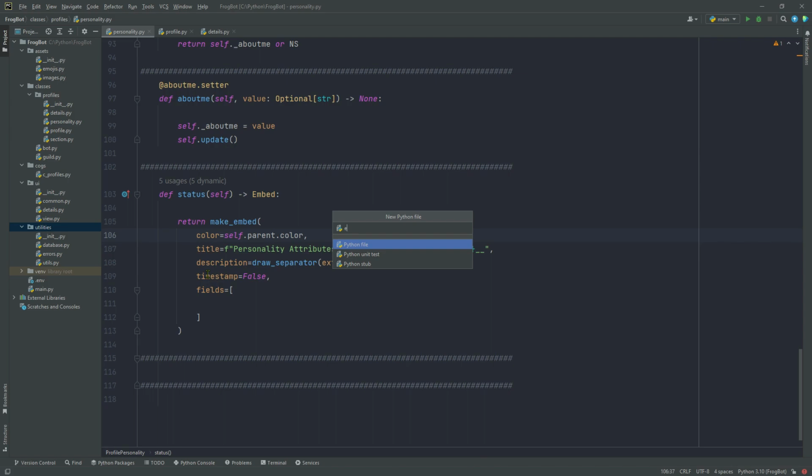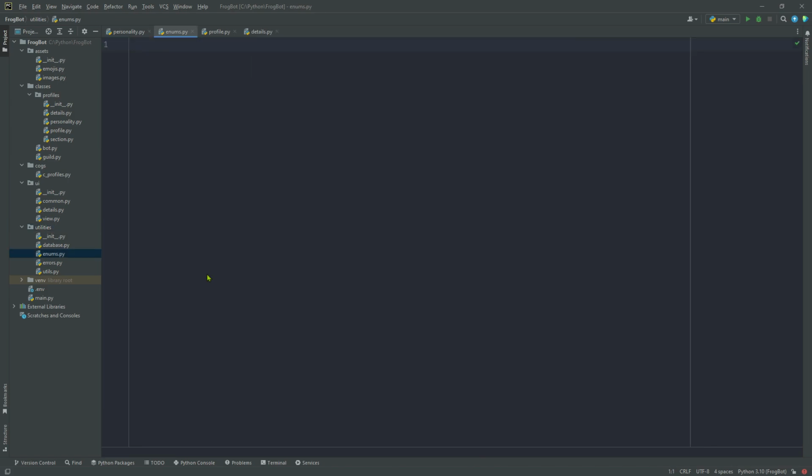Okay, and I want to call this enums. And all we need to do here for our imports is say from enum lowercase, import Enum uppercase. Okay, easy as that. So I want to drop down here and make an enum, and I want to call this SectionType. Okay, now we're going to expand on this particular enum later when we potentially add wizard functionality. So, you know, when you start up an application on your computer and you get a setup wizard, for instance, we're going to try and implement some functionality similar to that where people can set up their profile in a step-by-step